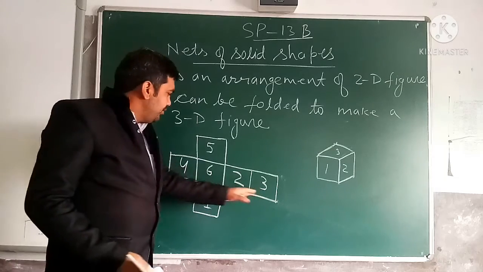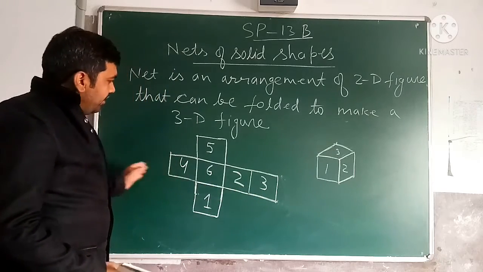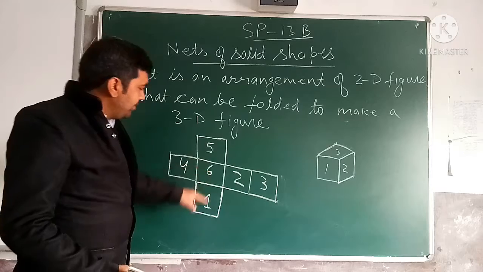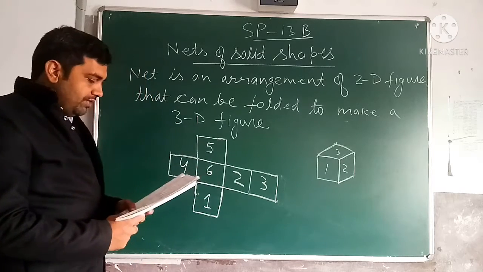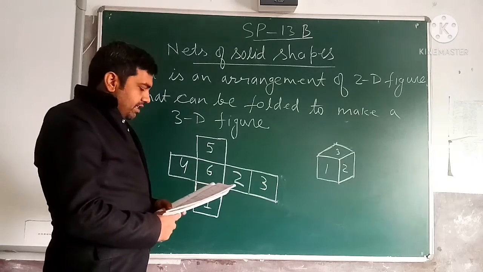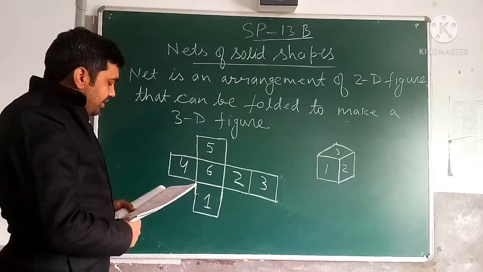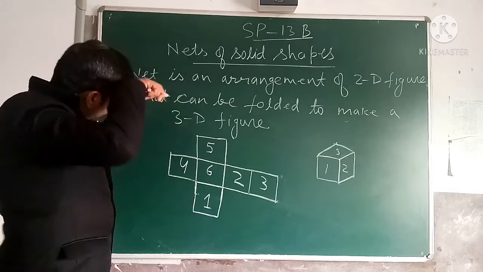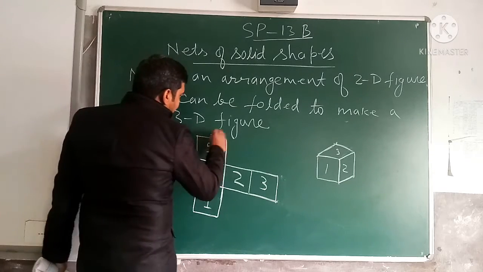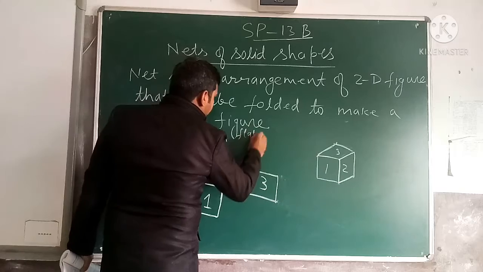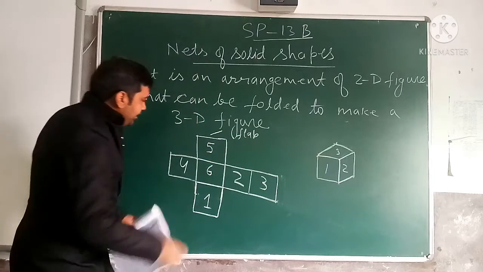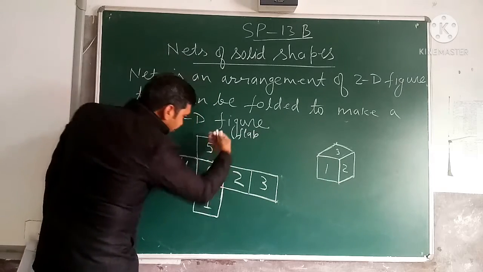So that face we can add here also, and that we can add here also. But this structure will always remain the same. These are called flaps, which we turn. This is also called a flap. Flap. This we are going to turn along this line. See, along this line we will turn it.